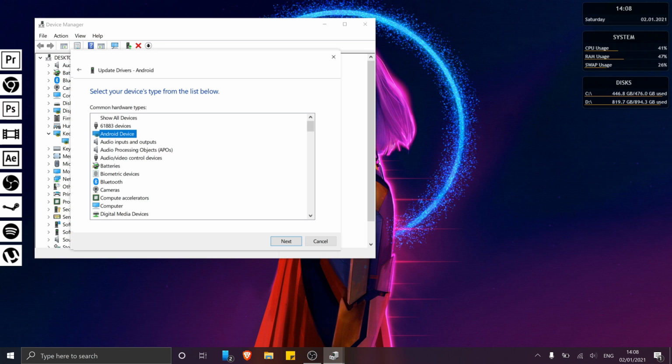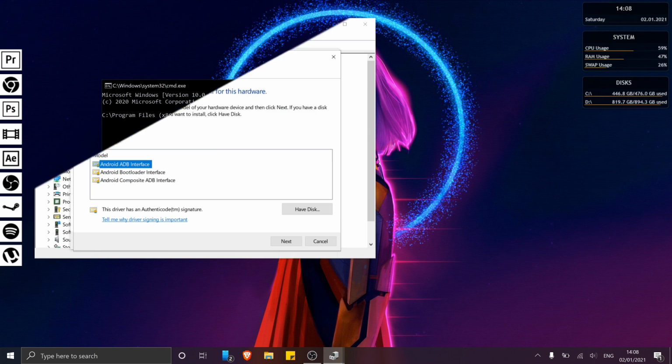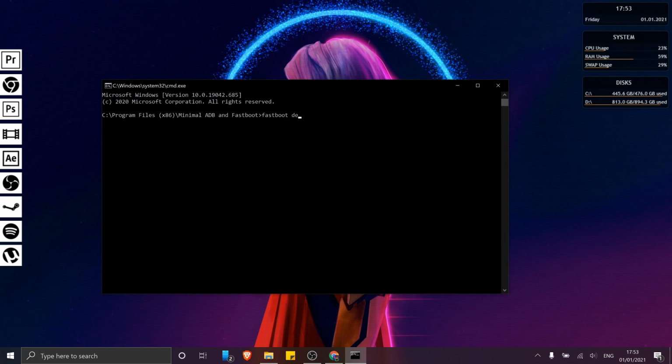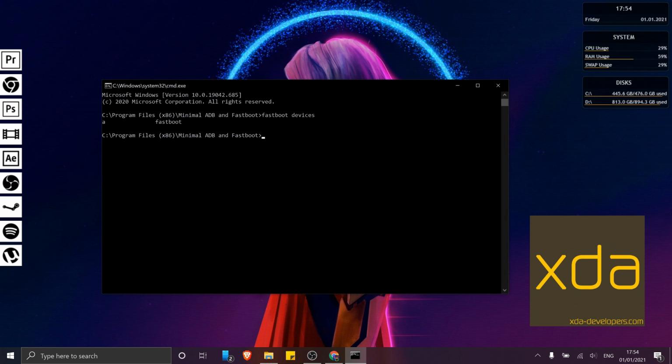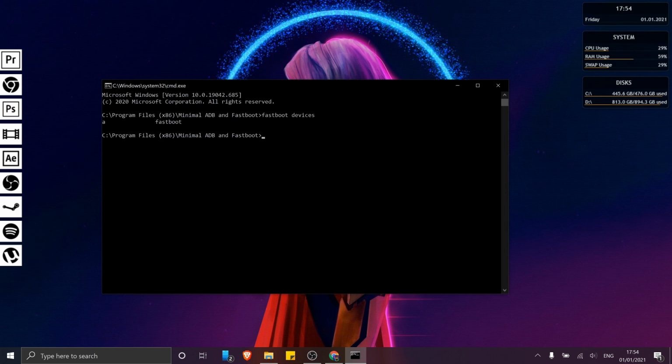And if you have multiple ADB Android drivers, then feel free to give each one of them a go until your phone appears using the fastboot command. But if you're still struggling, make sure to check out XDA forums for a few other alternative fixes that you can try. So now that we have ADB set up, before we unlock the bootloader, keep in mind that this